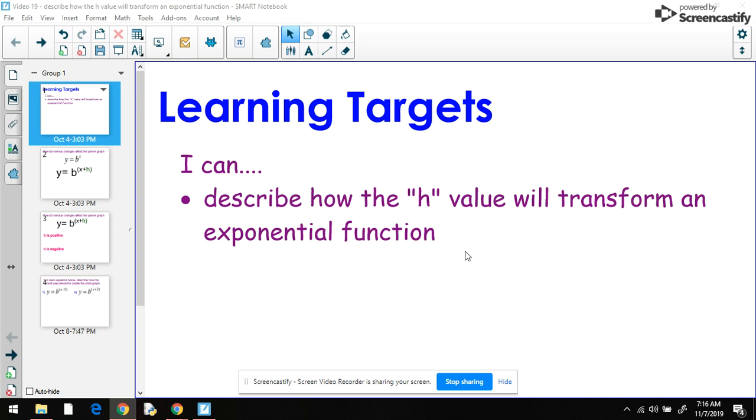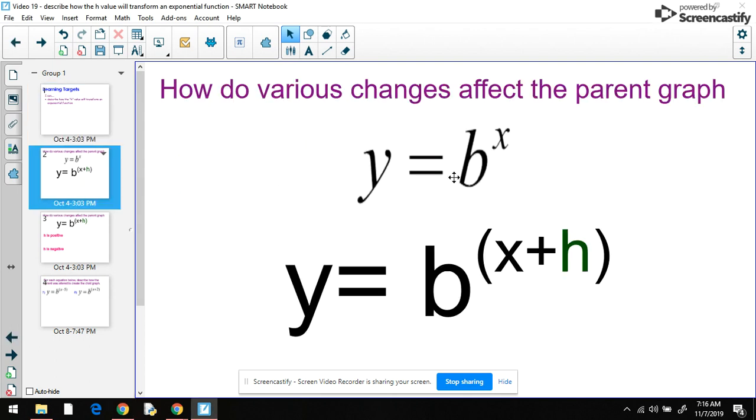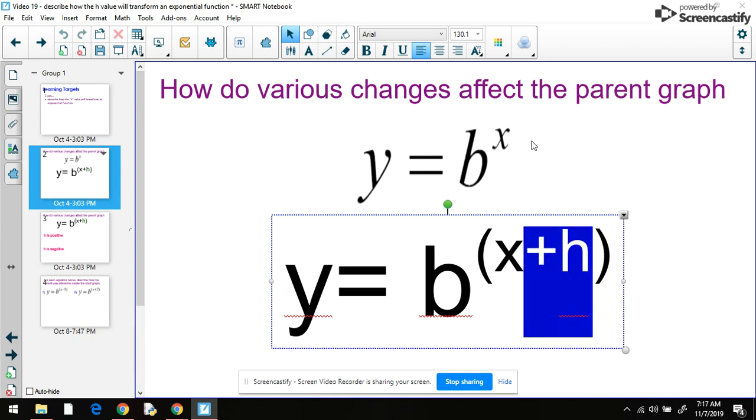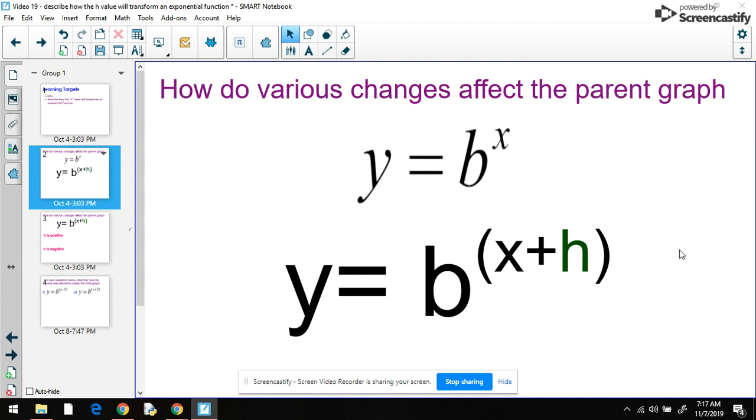In this video, we're going to describe how the h value transforms an exponential function. So here you'll notice we have our general parent graph of y equals b to the power of x. And what we're going to do in this video is add a value up here in the exponent with x, and we call that h. So we're going to alter and add something to x up there in the exponent, and then see what happens